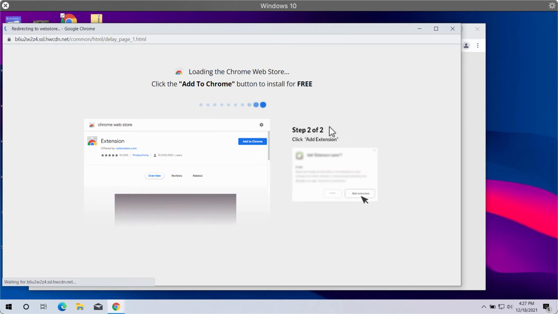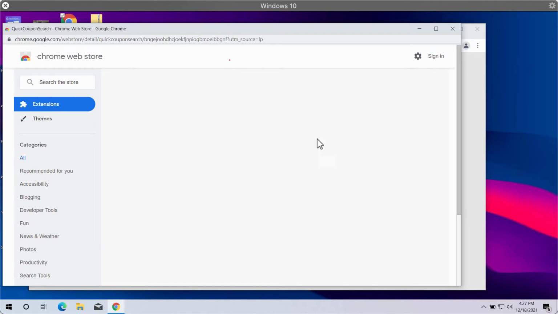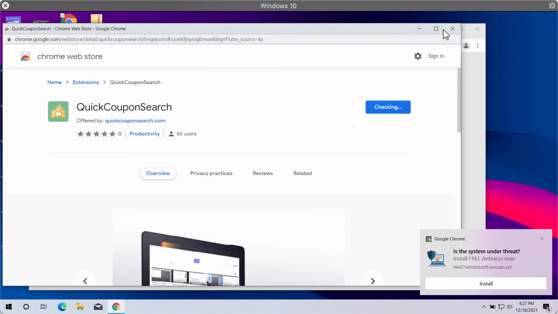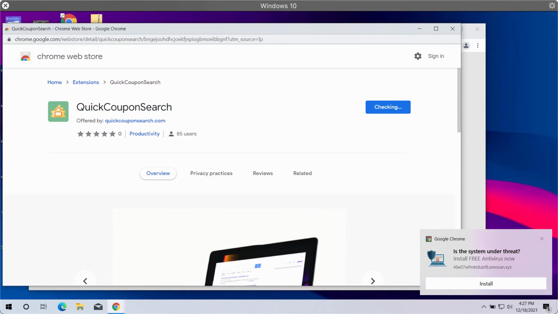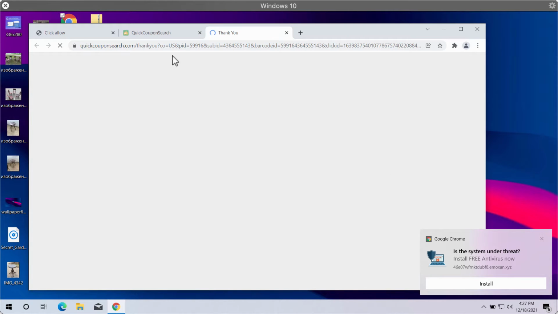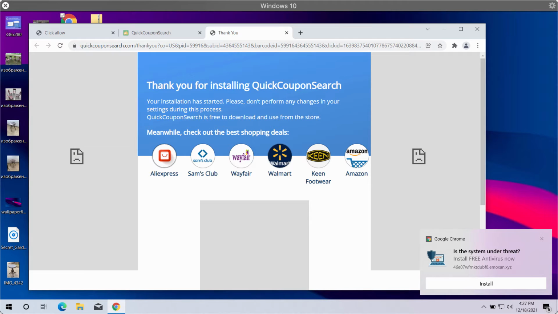And Quick Coupon Search is the name of this particular extension. Just for demonstration purposes, I'm going to install this extension in order to teach you how to properly uninstall it later on. This particular extension works as a browser hijacker because it will change your browser search engine to